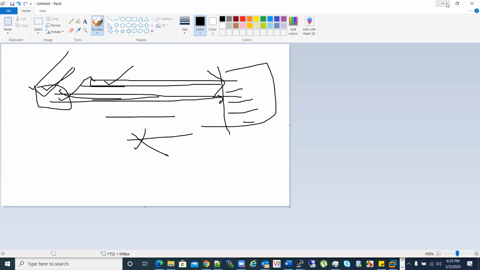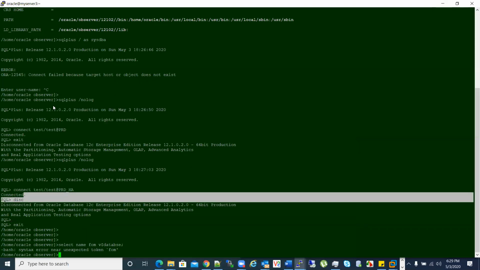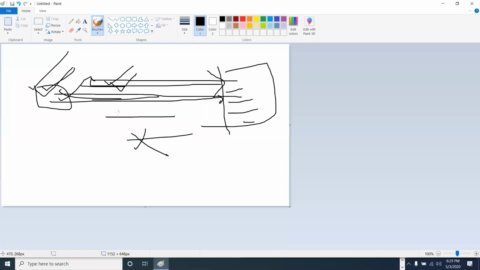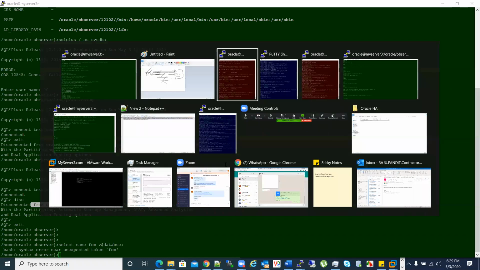But that takes time. But maximum we are using dispatchers. That is why if a session got terminated here, you saw that we are not able to execute any command and it failed that session and we'll have to reconnect it. That part in the application is automatically done by dispatchers, so that is why they are not facing any issue. And that will be done in a very short period of time, something like 30 seconds, and your connections will be moved from the primary to the standby, or to the new primary. So that's all, it's done.